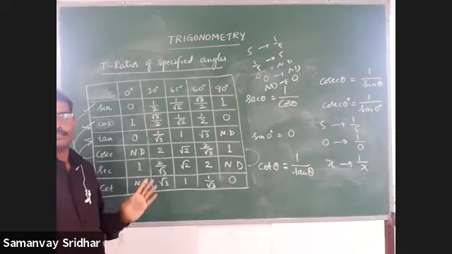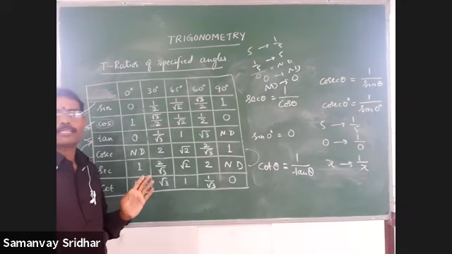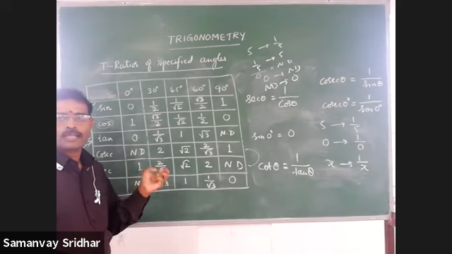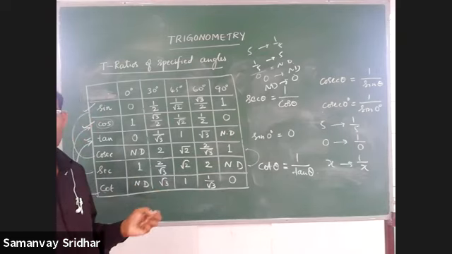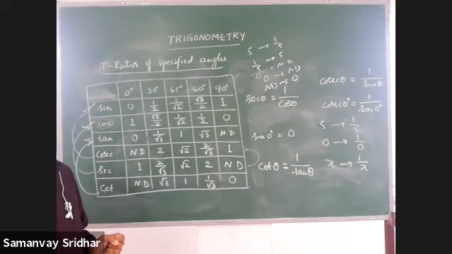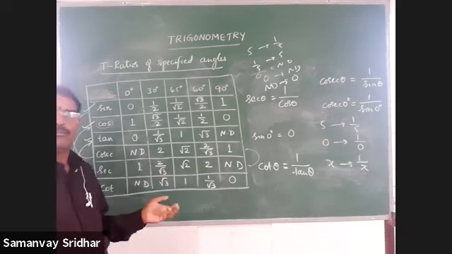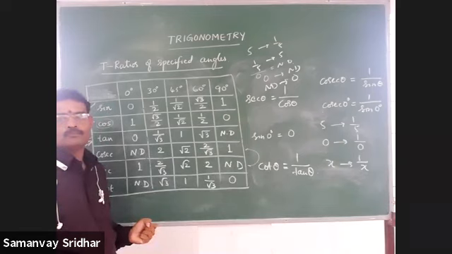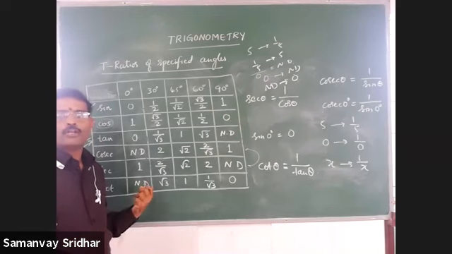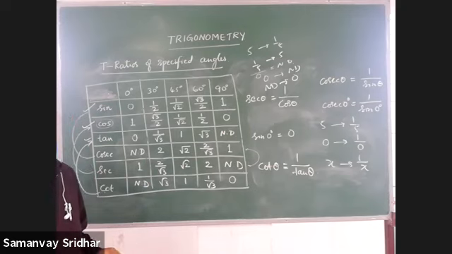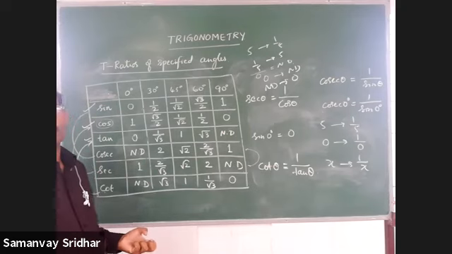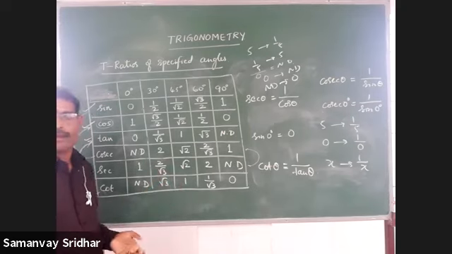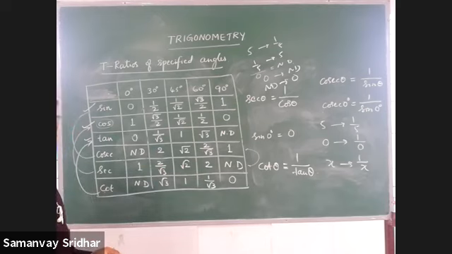You have to practice. Then if anybody asks what is tan 30 degree, suddenly your answer should be 1 by root 3. Right? What is cot 60 degree? 1 by root 3. What is sin 45 degree? 1 by root 2. Right? What is cosec 0 degree? Not defined. What is sec 90 degree? Not defined. Like that, you have to give the value. Right? It's possible. Nothing to worry about. It is not difficult. It's so easy.